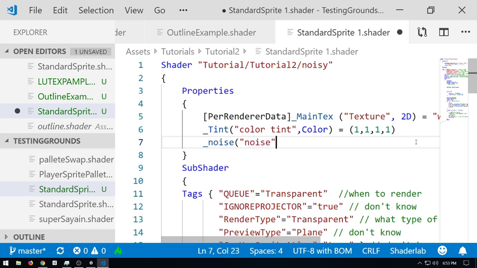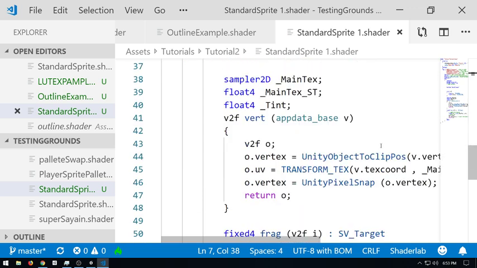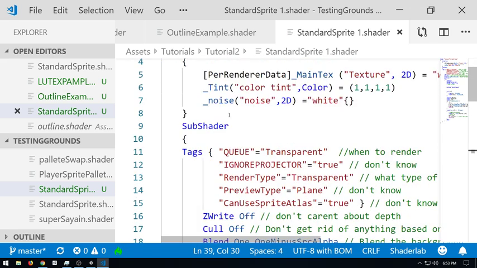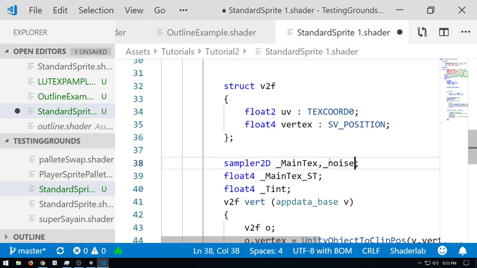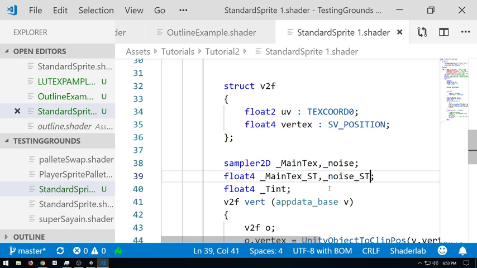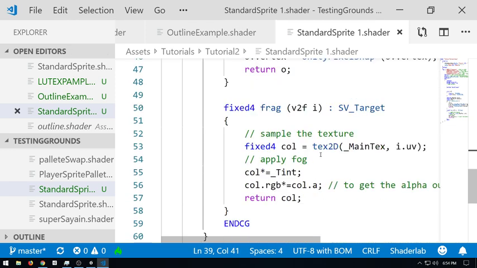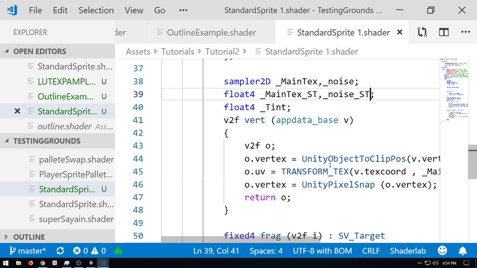So noise 2D is equal to, I'm seriously wondering if I have to type white every time. This kind of makes me wonder about that. ST. All right, cool. What's ST? Stretch and tile.